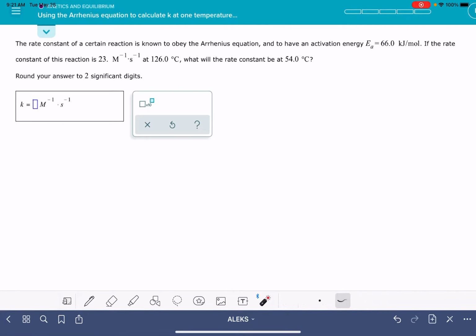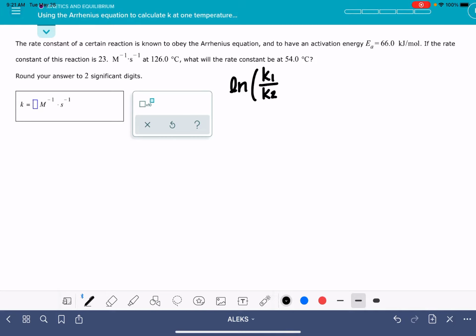In this video, I'll show you how to solve the ALEKS problem called using the Arrhenius equation to calculate K at one temperature from K at another temperature. The form of the Arrhenius equation that we're going to use looks like this: natural log of one rate constant